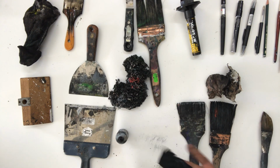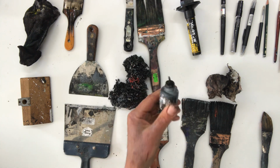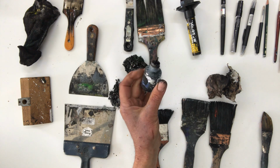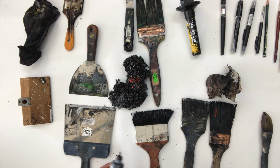It's important that you clean your stuff. Sometimes it gives an interesting line, even this one. This is just a little bottle with a broken point, and sometimes I push on it and it doesn't appear on the paper, but let's say on the ceiling. Okay, we're